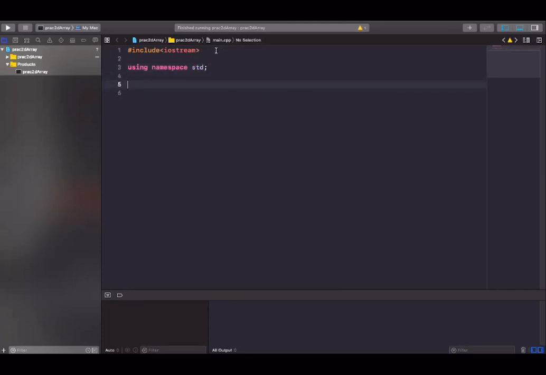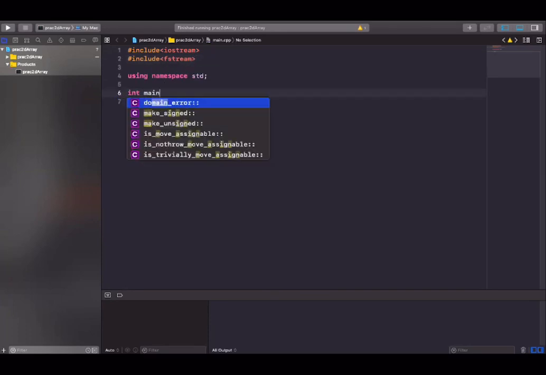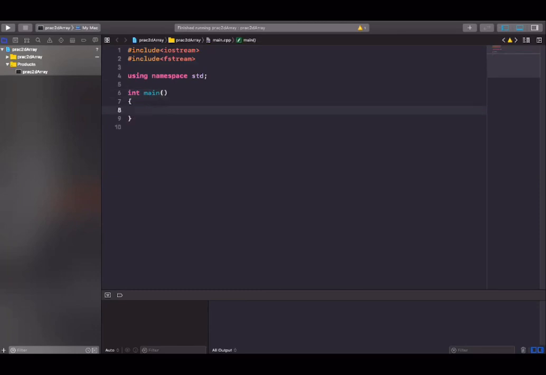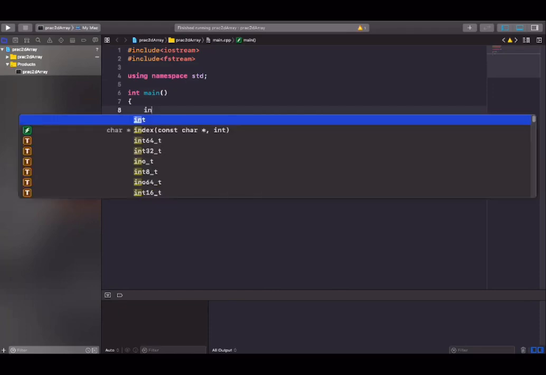All right, since we're using files as usual, include fstream. Int main. So this one you have to use another function as well, right? So we're going to be counting in the function. All right, let's first do our normal